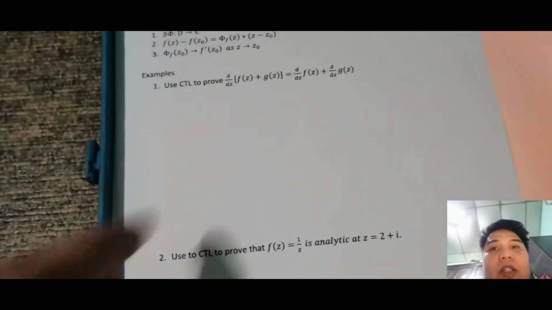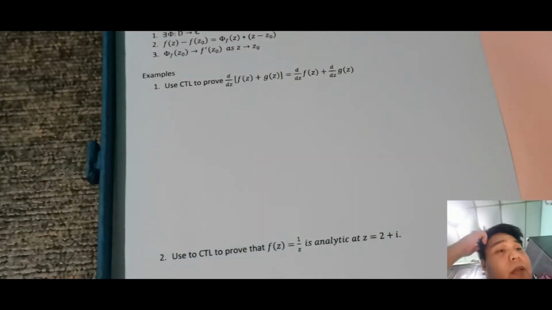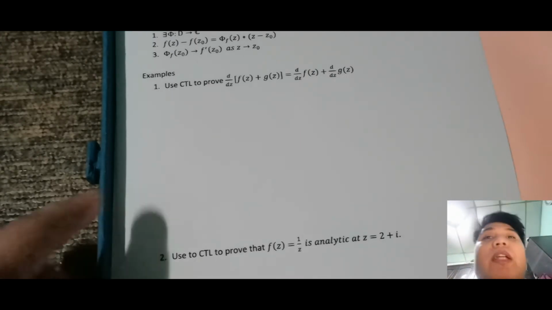So although I also apply Carathéodory's Lemma here. Here you will notice that my goal is always to find z minus z naught. Remember that. Okay, so for number 1, use CTL or the Carathéodory Lemma to prove that